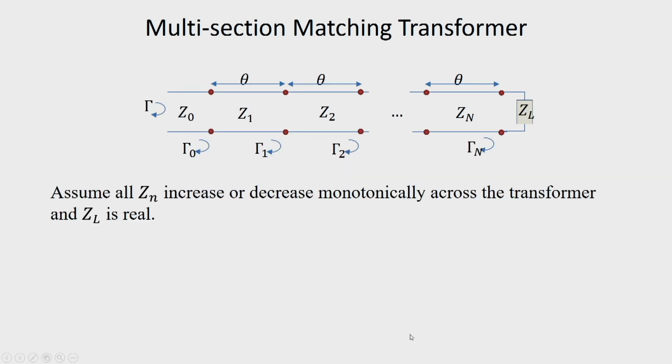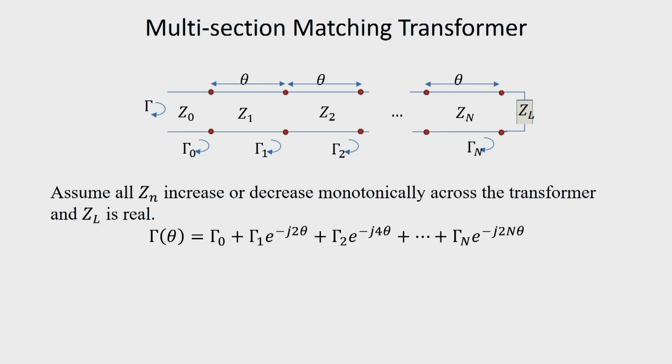Now, we assume that all Zn's increase or decrease monotonically, and ZL is real. So, that means this Z1, Z2, Zn all will increase either monotonically or decrease monotonically depending upon the values of Z0 and ZL. If we consider the theory of small reflections that we have discussed, we can write